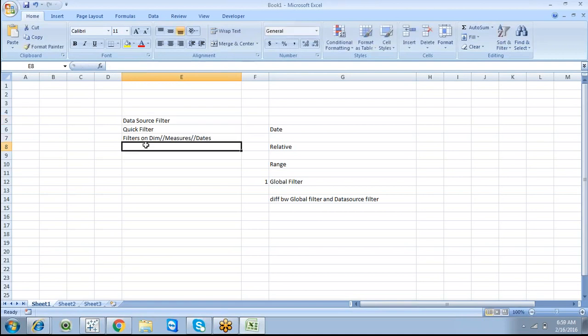We are done with the global filter. The next concept is the context filter. We do have a cascading filter as well.